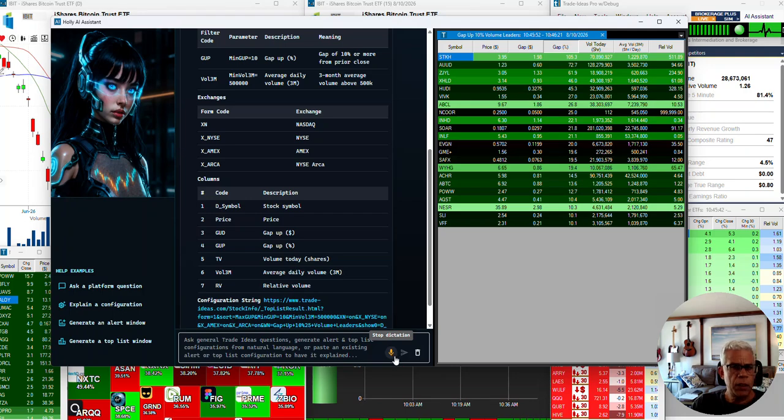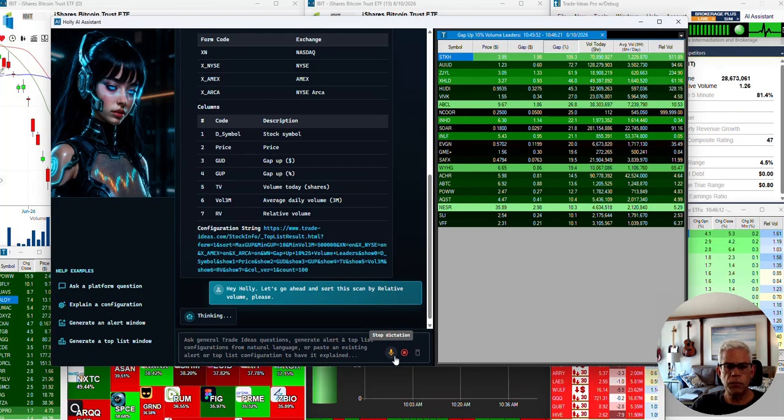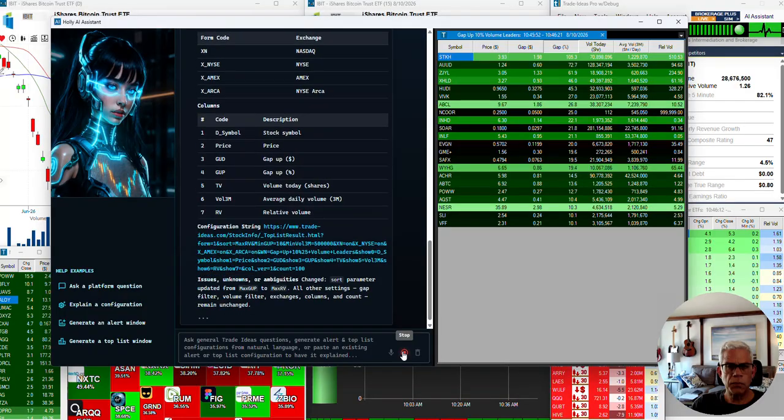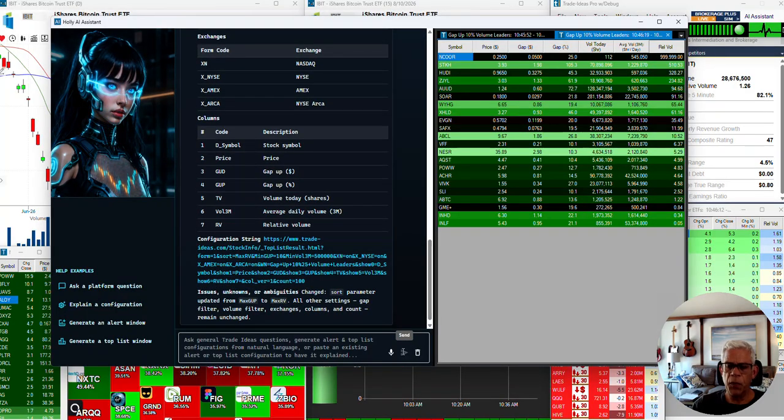Hey, Holly, let's go ahead and sort this scan by relative volume, please. There you go. If you don't know how to sort, you just ask the AI. She's there to help. And this is just the beginning of how you can interact with our new AI chatbot